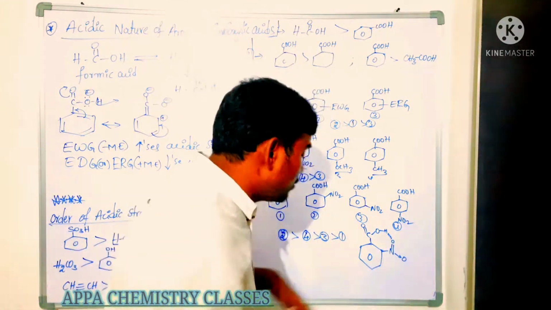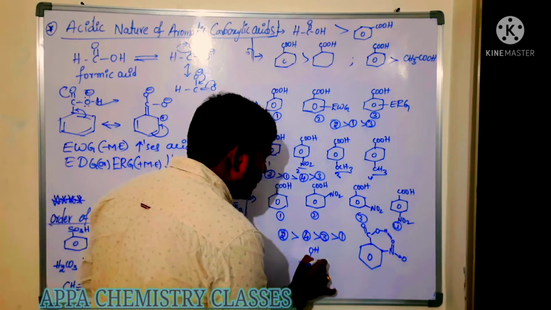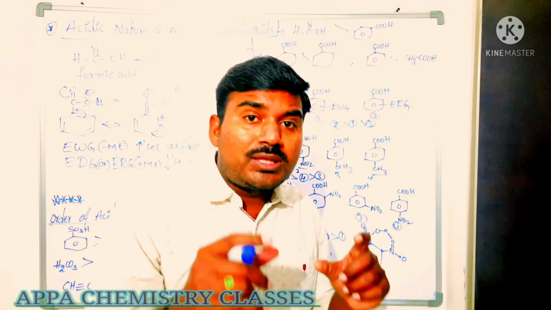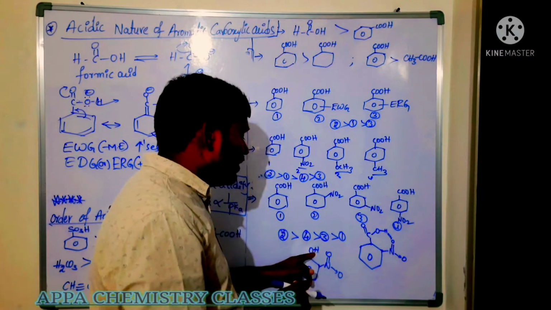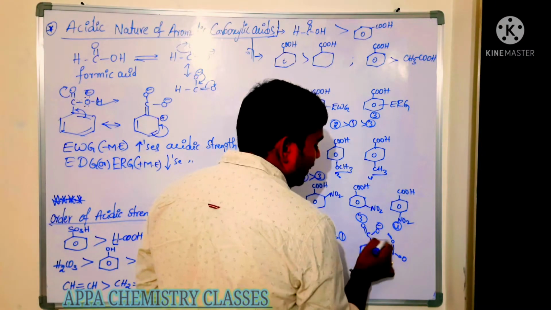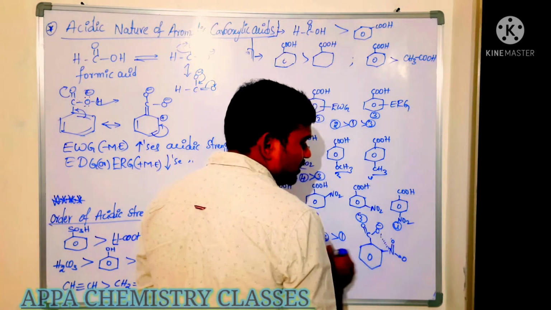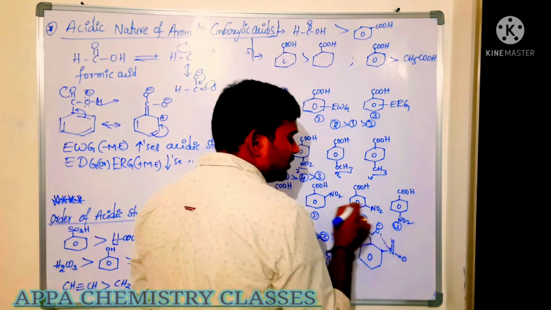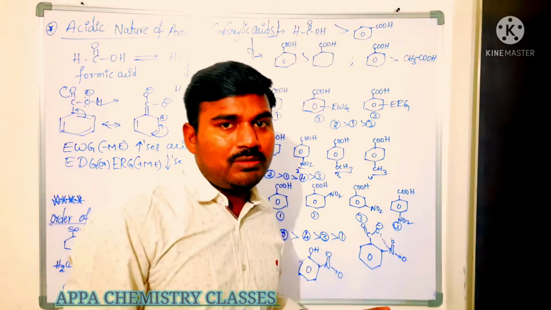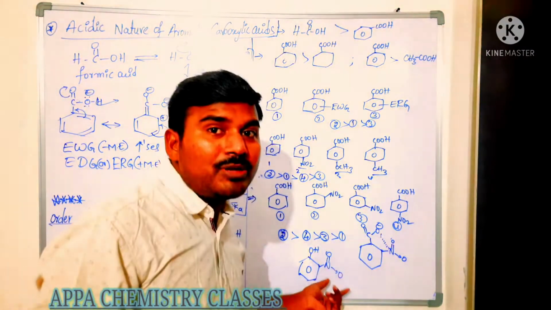So what about ortho substituted phenol? Say for example, if we have ortho nitrophenol, will it form the ortho effect here? There is no ortho effect here because the chelation does not have that much ability. Here we are getting an oxide ion, O minus ion. This O minus ion is able to form chelation with this nitrogen, and if a hydrogen is there, it can form a hydrogen bond with the nitrate, the nitrogen containing oxygen. It will form the ring, that possibility is there, but here the ring possibility is not there.